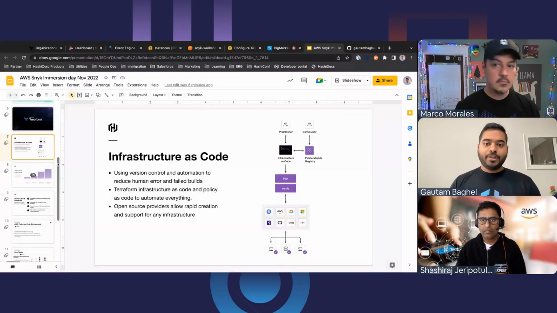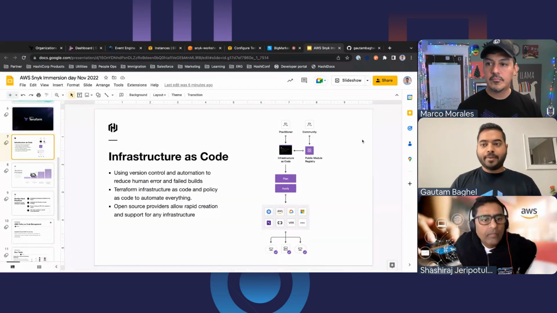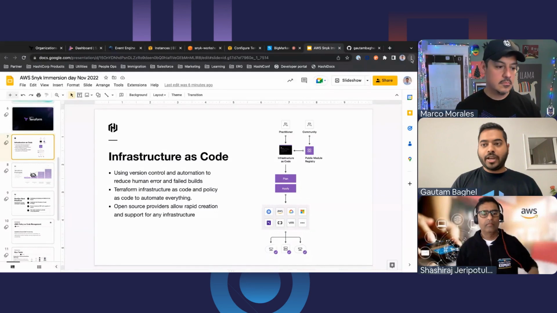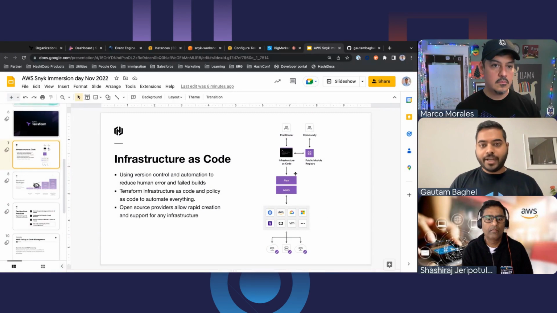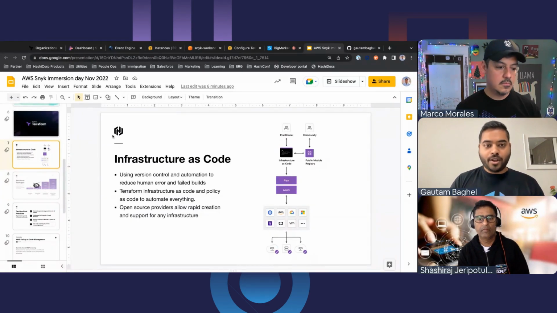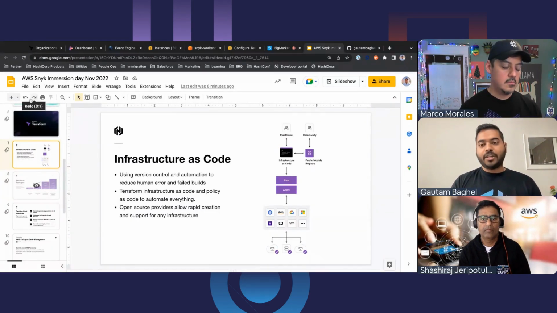I'll start sharing my screen, and I'm going to get into the pieces here. I wasn't going to do this, but let me backtrack a little bit and start talking about Terraform in general. I'm sure folks here know Terraform, but for those who don't, I'll try to make it easy to understand what it is and how you can utilize it.